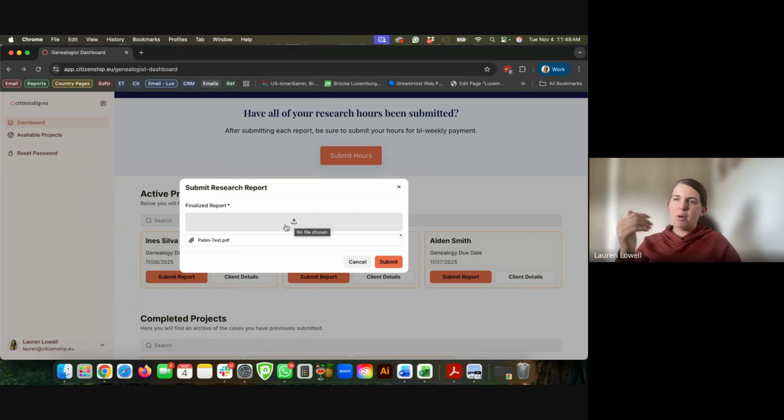you've been submitting, but also to create additional pages of that report where you include any associated documentation that you wish to provide to the client, whether it be naturalization records, census records, any records that you may provide to the client. Please just include it as a part of your genealogy report. So you would upload the associated file here, click submit,